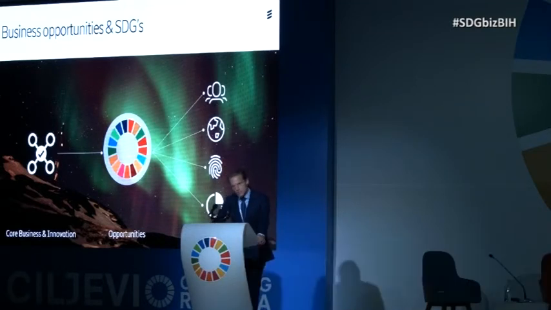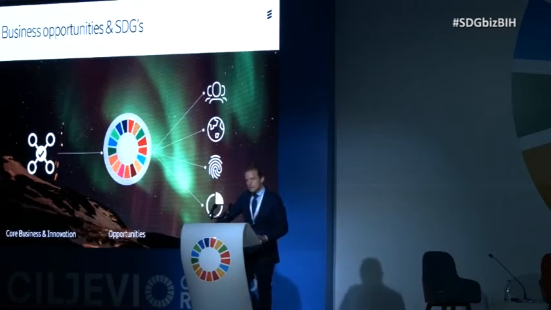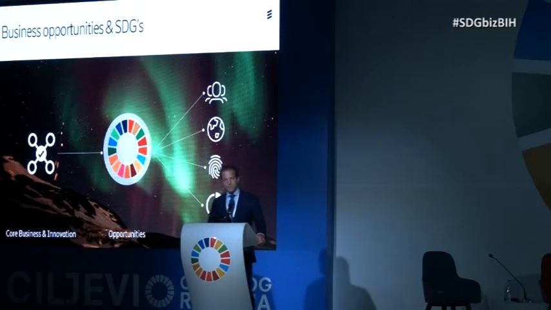Change business models, change some products. So for us, it's telecommunications and ICT, information and communications technology. This is our core business. So we can also see that ICT is one of those few businesses that can really change the world to a better place, and also bring us as a company revenues. So looking at the SDGs, the Sustainable Development Goals, is not like a big set of problems that we can't really do anything about. It's an opportunity for us to make money, to find solutions that we can sell. And that's a little bit how we look at this.